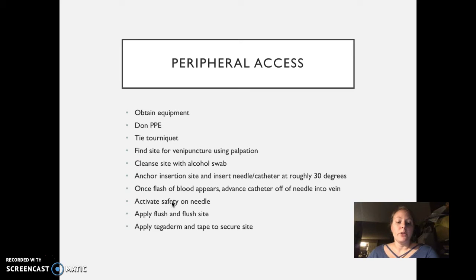Like I said, when you go to insert your catheter, make sure you anchor the site really well. I like to anchor above and below my site. I feel like that anchors the vein itself a little bit easier too. You're going to insert the catheter at roughly 30 degrees. And then once you have a flash of blood appear in your chamber, you stop advancing your needle, go ahead and advance the catheter off of the needle into the vein, activate your safety on the needle,